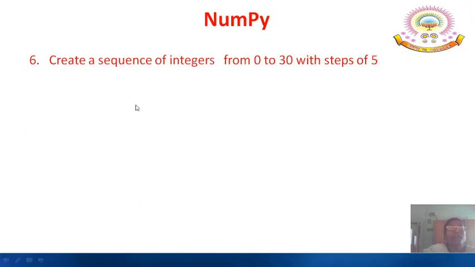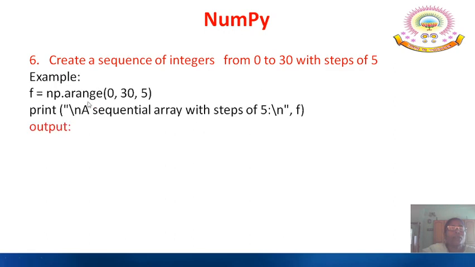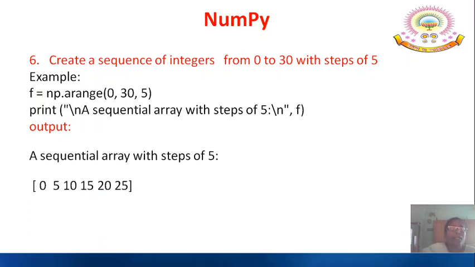And then the next one, create a sequence of integers from 0 to 30 with steps of 5. For that we are going to use a function called arange. Whenever you are using the arange function, it takes three parameters. The first one is the starting number, the next one is the stop number, and this is the interval, the spacing in which you want to create the array.